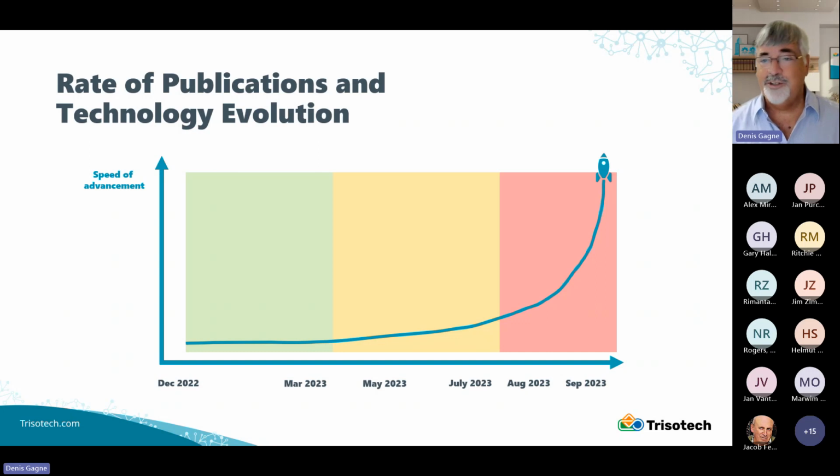The publication speed is crazy by now. It used to be that in the first few months there was a big breakout every 3 or 4 weeks. Then it became like every week there was a big breakout of what was possible and new techniques and everything. And by now it's every day. Every day there are multiple papers. Naturally, there have always been multiple papers published every day, but I mean groundbreaking papers that change the way we look at things. So this is evolving very, very fast, as was just presented by Gary.